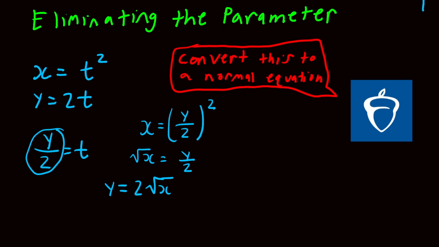So this is basically how you eliminate the parameter. It's very simple. Parametrics in general, at least when I learned it, I thought it was one of the easiest Calc BC topics. You just have to get some practice in and it should be a breeze. But this is all you have to do for eliminating the parameter, right? So again, step one, you solve one equation for t, and then you plug it into the other equation. Now,